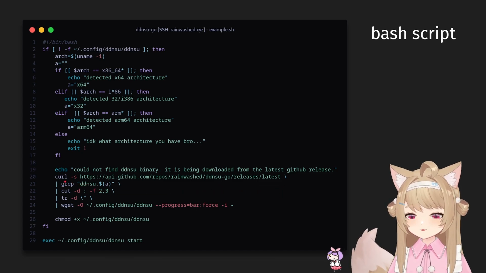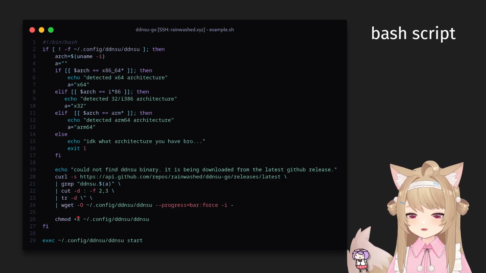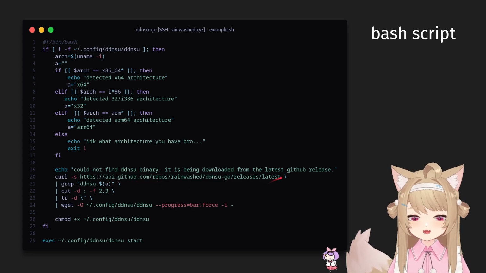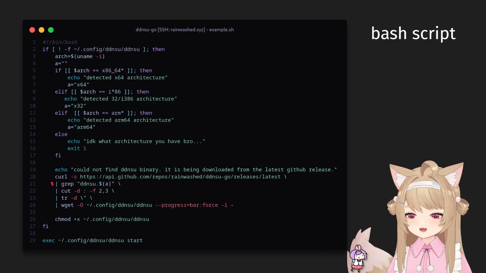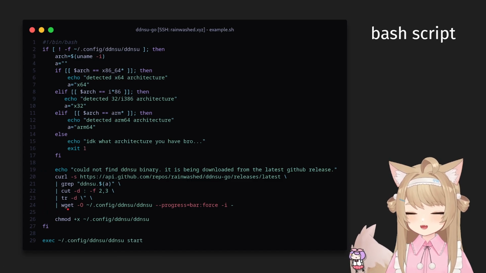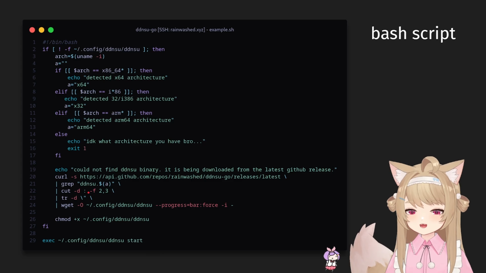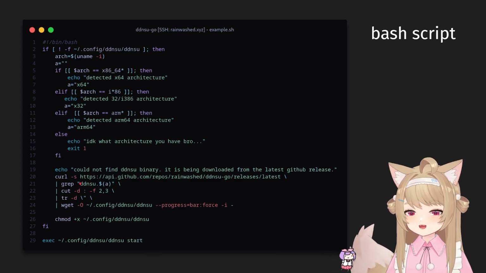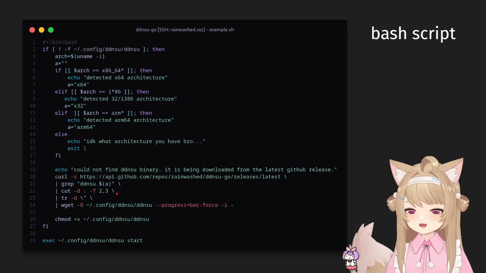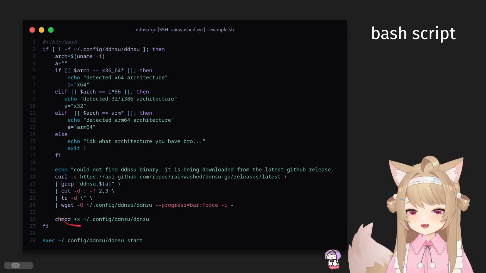So what happens is we use curl, which will make a request. It's like wget, which you can see here, but wget's more for downloading. This is more for APIs, and we'll just contact the GitHub API and find the latest release, and it will search through. This is kind of taken from Stack Overflow. I don't know exactly each line, but I was able to modify it for my uses, and you can see here it will search for the DDNSU architecture binary in that release, and if it does, it will filter it out and then download it with the